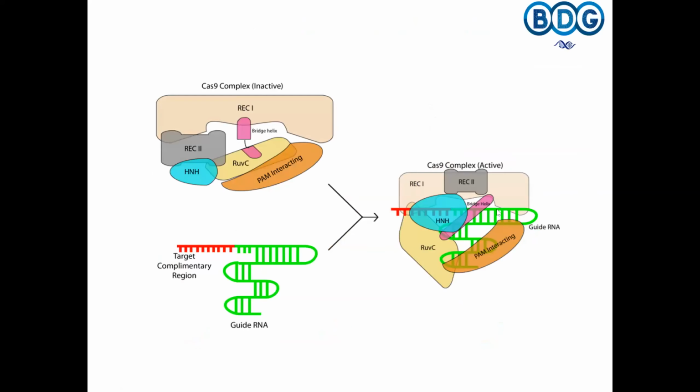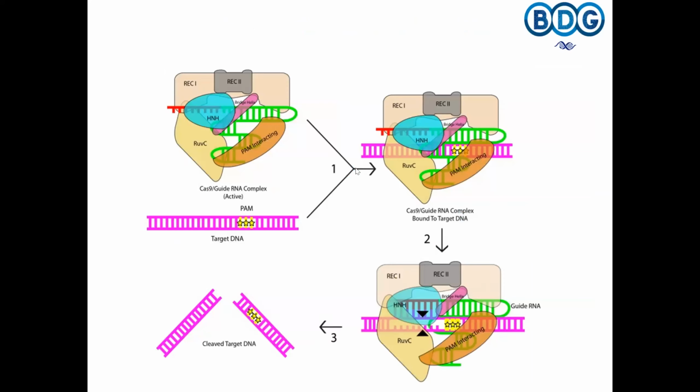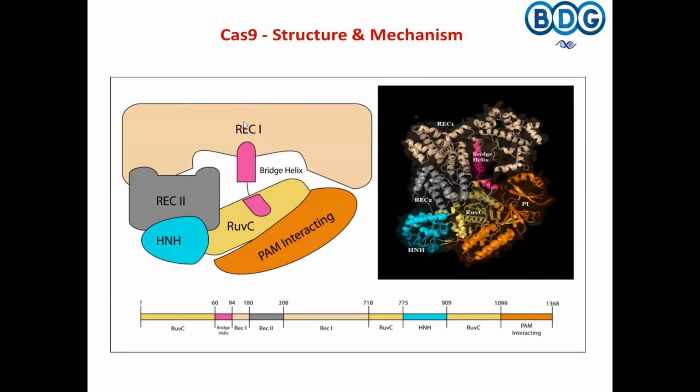So this is how it binds, right? You have this Cas9 complex. If you see, it has multiple domains. Can you see the structure? It has a receptor 1 domain. It has two nuclease domains, HNH and RuvC. HNH is a nuclease which will cleave